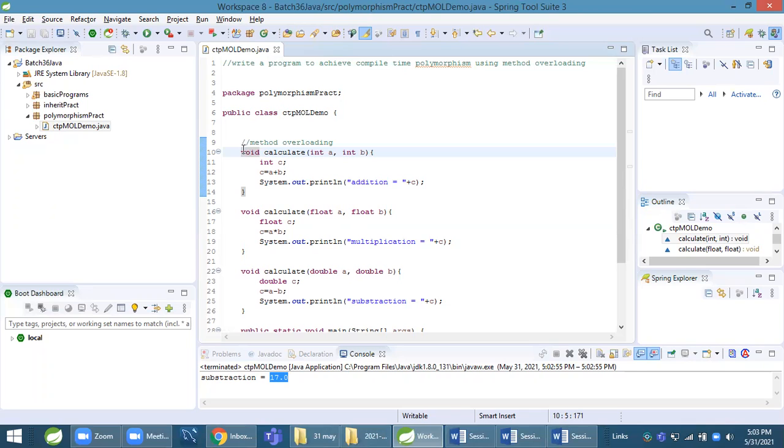This is the difference between these two. Again, in compile time polymorphism, we cannot do method overriding, but in runtime polymorphism, we can. How we do method overriding, I will show in the next session. So this is an example of compile time polymorphism. Okay.